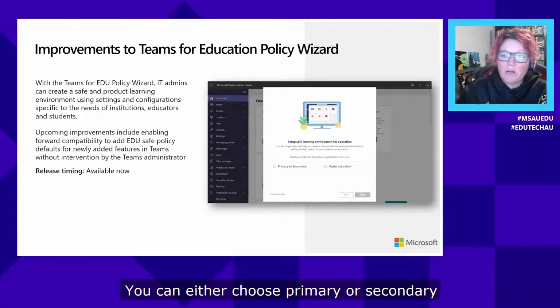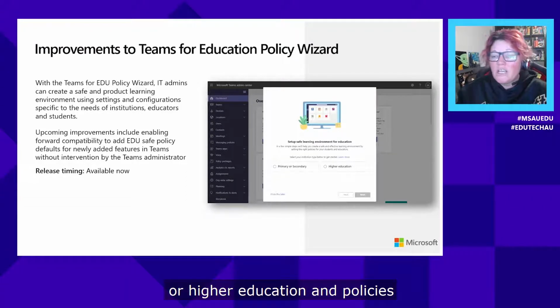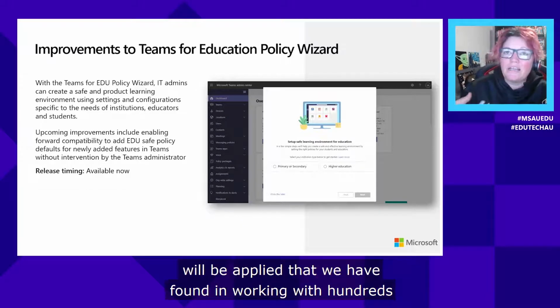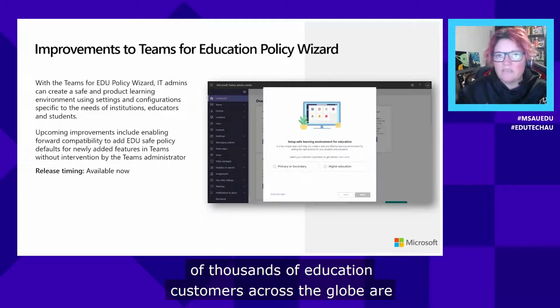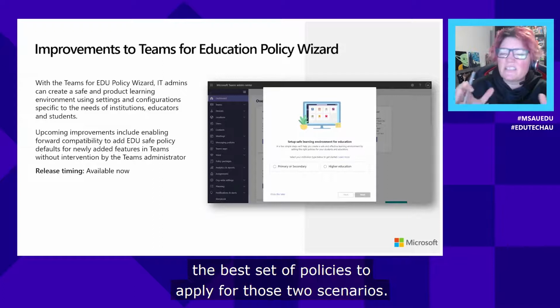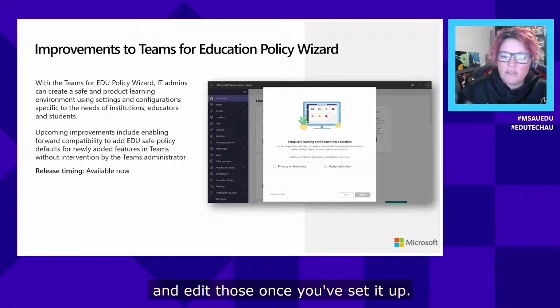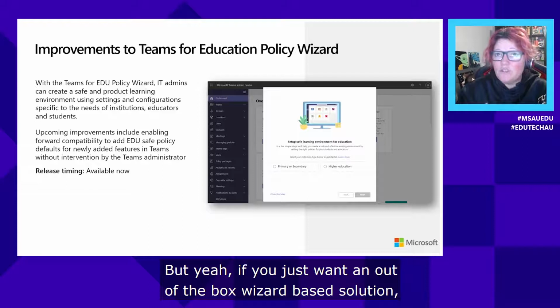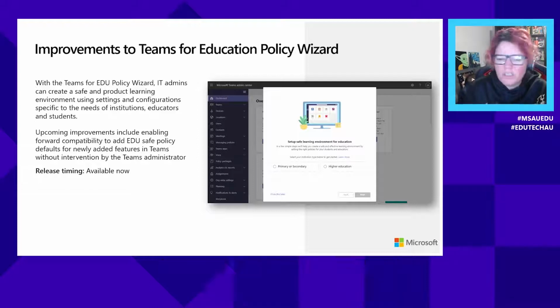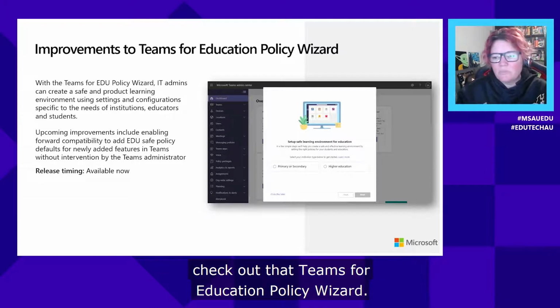You can either choose primary or secondary or higher education, and policies will be applied that we have found, in working with hundreds of thousands of education customers across the globe, are the best set of policies to apply for those two scenarios. Of course, you can change, update and edit those once you've set it up. But if you just want an out-of-the-box wizard-based solution, check out that Teams for Education policy wizard.